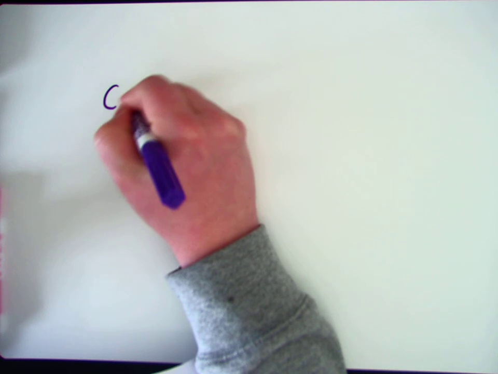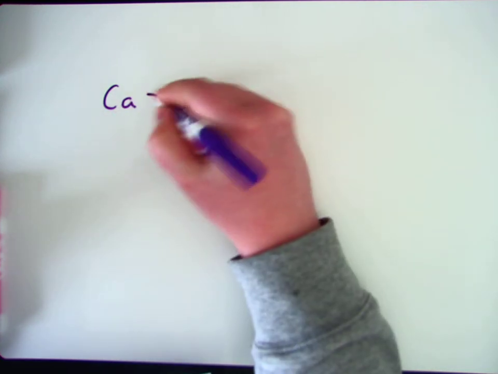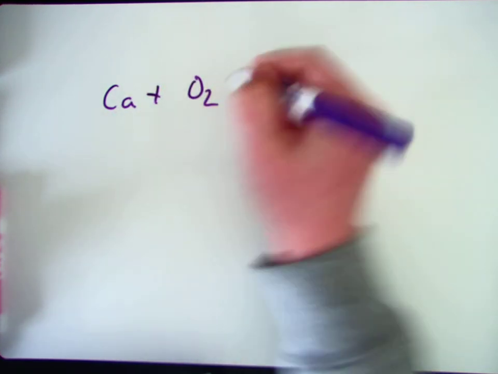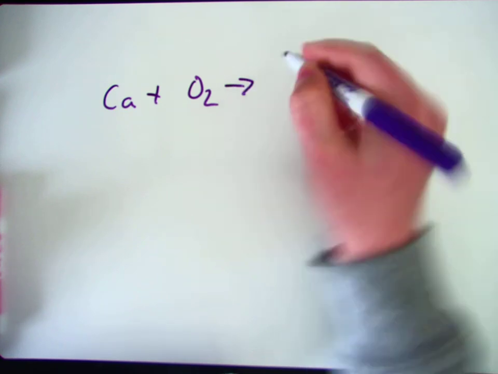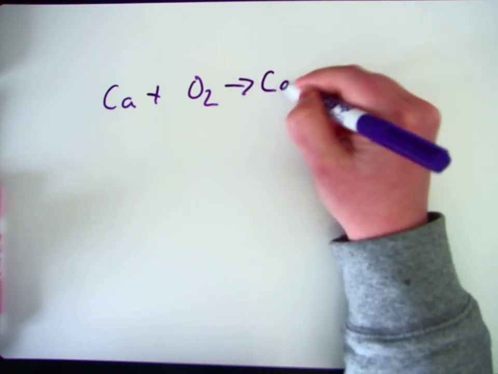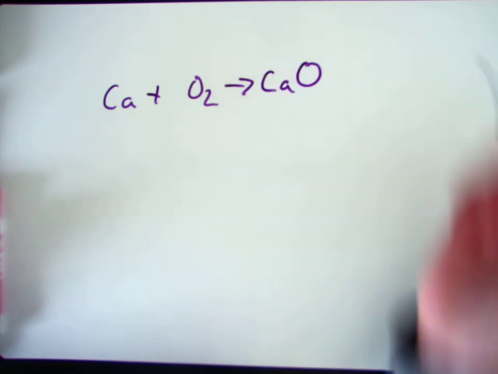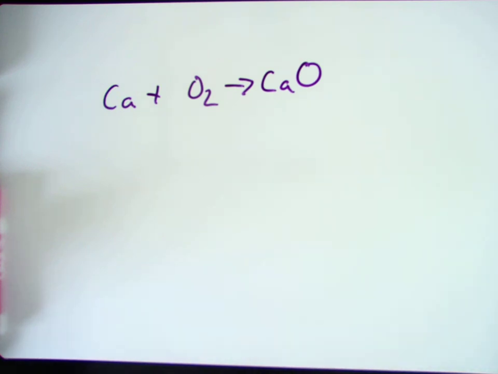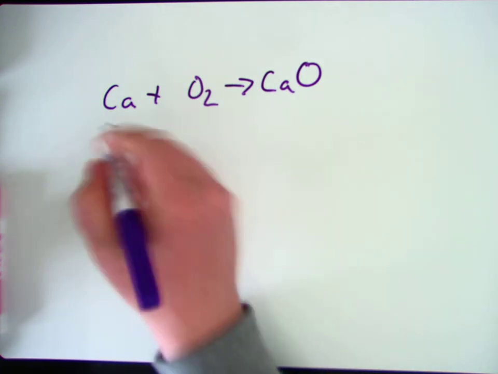So we're going to look at Ca, so calcium, plus oxygen, and that yields CaO. Alright, so on this one, basically what we need to look at is how many atoms of each thing we start with. Okay. So if you write